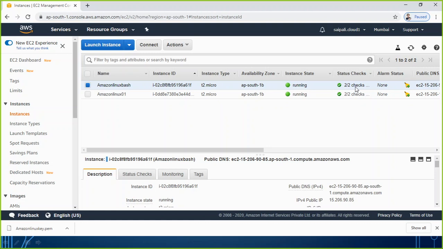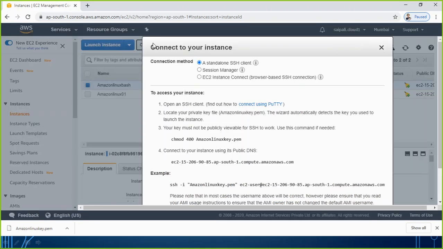In case you make any mistake, maybe by typing or not putting a proper space or something, then you may get some error there. Once it is like this, it means everything is fine. Now the way we were accessing the first instance, similarly I can access this instance also, simply by selecting it, going to connect, and choosing what method I want.